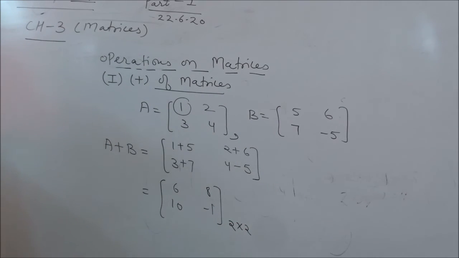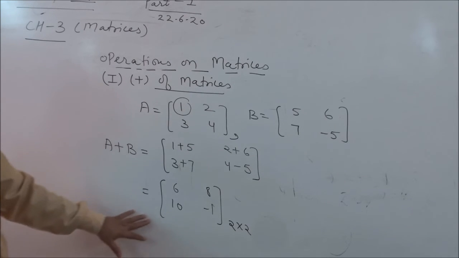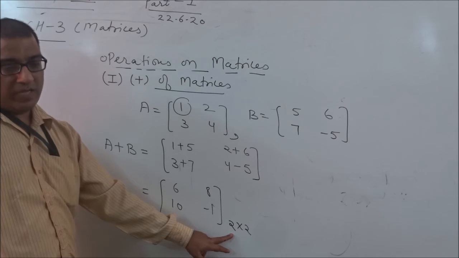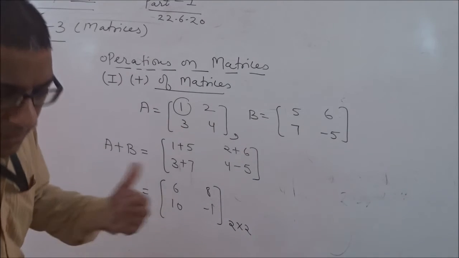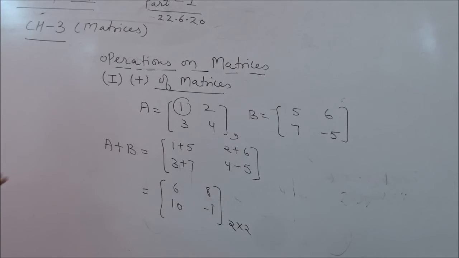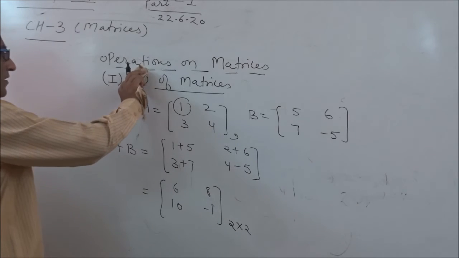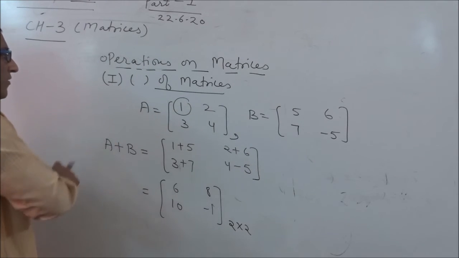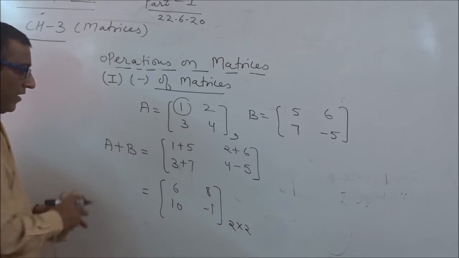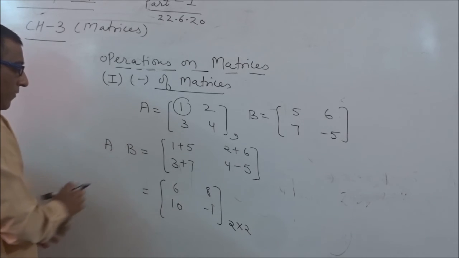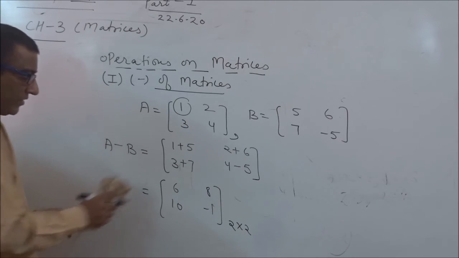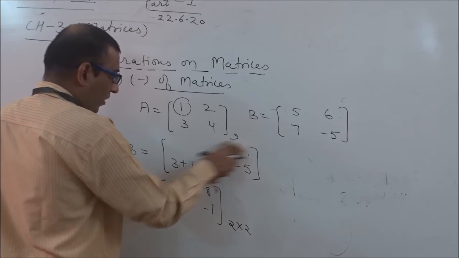It means addition of matrices is possible when their orders are the same. If their orders are not the same, their addition is not possible. And if you see the final answer, that is also of the same order. We will do the same concept with subtraction also. For example, if we take minus instead of plus for the same example, then how can we calculate the subtraction of these two matrices? We will follow the same procedure.